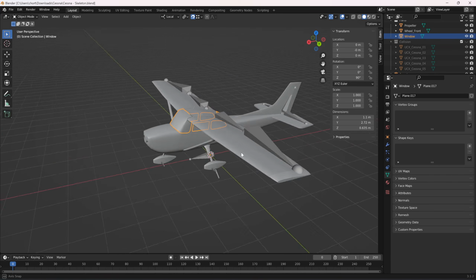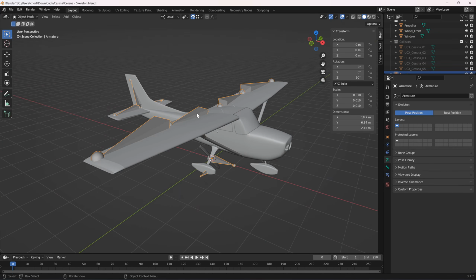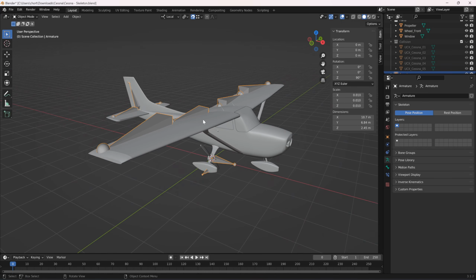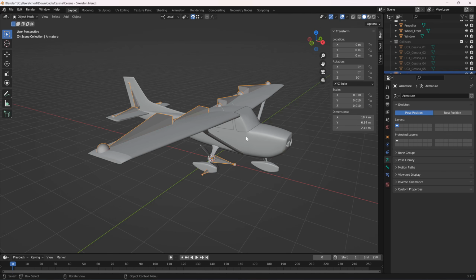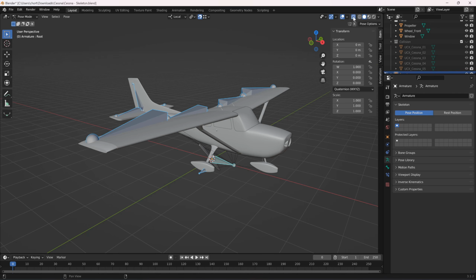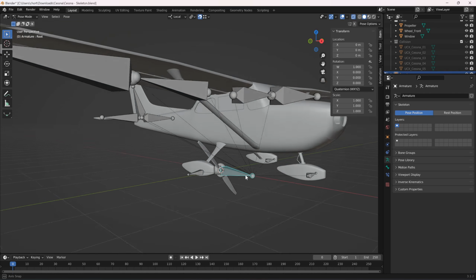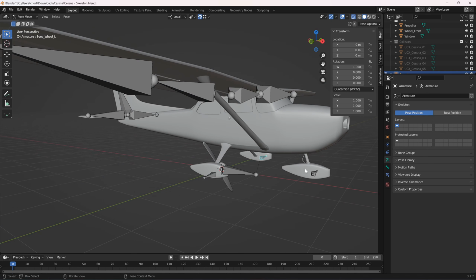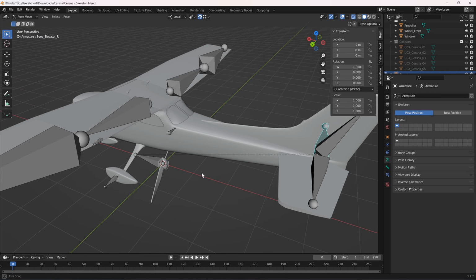We can see I rig this aircraft with this skeleton, and go to edit to see it, or pose this. This is the root, the wheel, and we have this armature,